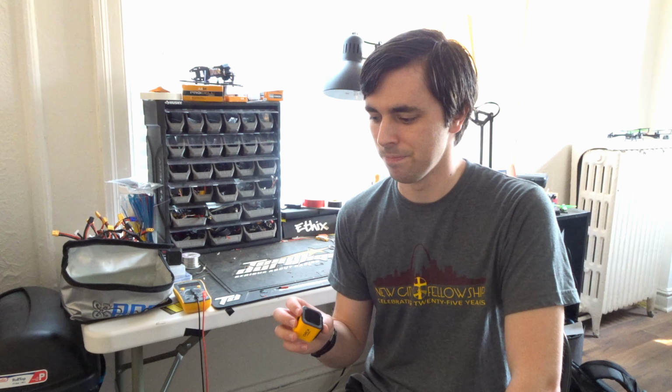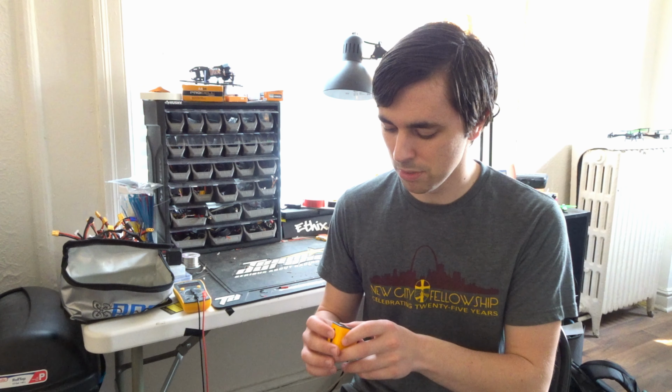With the ND filter on it, it added just a little bit of motion blur, but not so much that everything was just kind of a blur, like the ND16 filter did. It kind of took away some of the camera's inherent sharpness. It made everything look a bit more fluid, but not so fluid that everything is blurry. So going forward on the Caddx Orca, I'm going to be running this ND8 filter on it with the settings that I just described. But without further ado, I'm going to show y'all